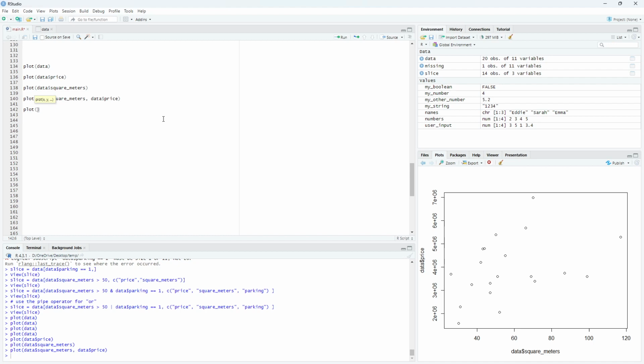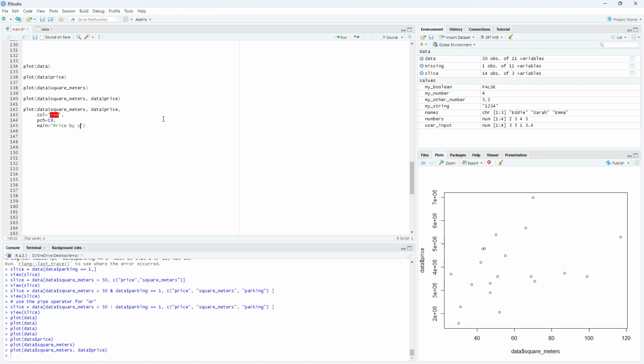So we can just use this again, but then we would like to have color, for example, red, and the points could be, for example, number 19, and we can add a main title to the plot, for example,